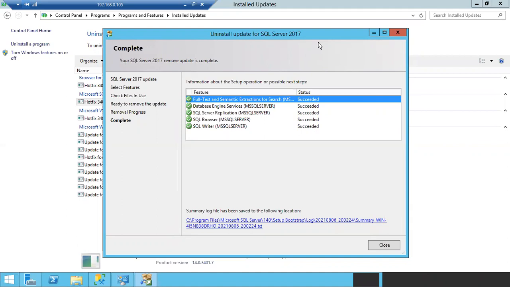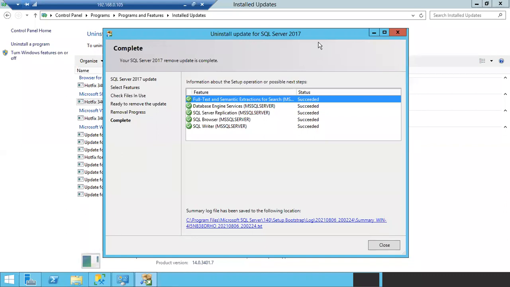If you are trying to remove the patch, whatever backups it is having for the old MSI and MSP files, it will simply replace the new MSI and MSP files with the old ones. That's why you can remove the patch from SQL Server 2008 onwards. For 2005, the files will be overwritten, so you cannot get the old files. Okay, so you cannot remove the patch for SQL Server 2005 version. Clear? Any issues, any doubts?